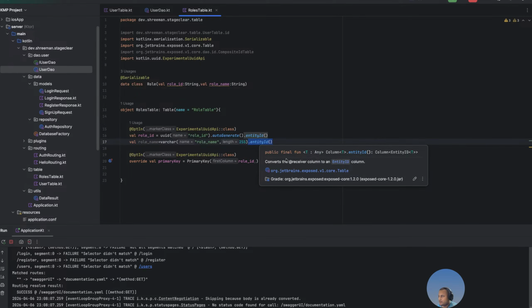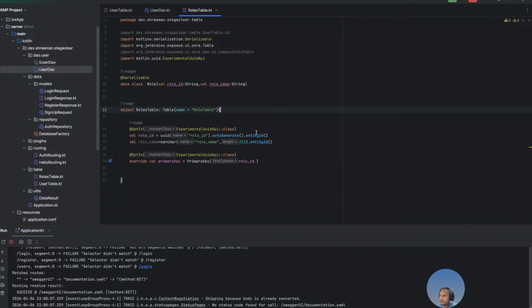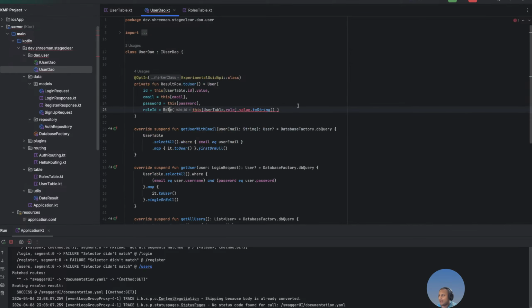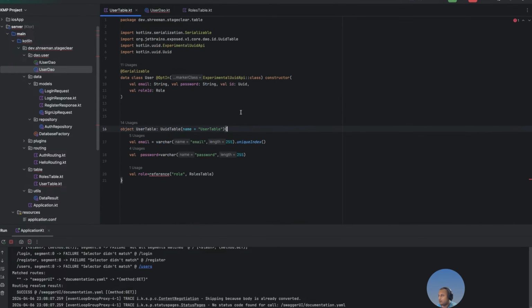So the entity ID defines that entity ID column, which identifies this row itself. So we'll make sure that role name is uniquely indexed also to be searchable correctly. One more thing here: we have this role ID here, because in user we need just the ID to be stored rather than the full role row. So we can say that here you can see